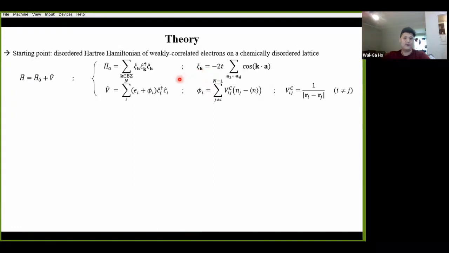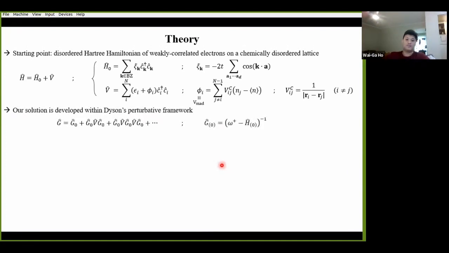All right. Now, both the chemical disorder and the electrostatic interactions are going to be treated as local perturbations to the bare problem. So we include these site energies, epsilon i, corresponding to the disordered background of impurities, while phi i here is an electrostatic Hartree mean field that sums over the Coulomb contributions from the remaining j not equal to i lattice sites. What I should point out, though, is that what I've just introduced as this Hartree mean field is exactly what I described as the Madelung field in the previous slide. Therefore, this phi i will precisely represent the V Madelung that we want to study. All right, so that covers the basic features of this disordered Hartree model. Now, how do we solve it?